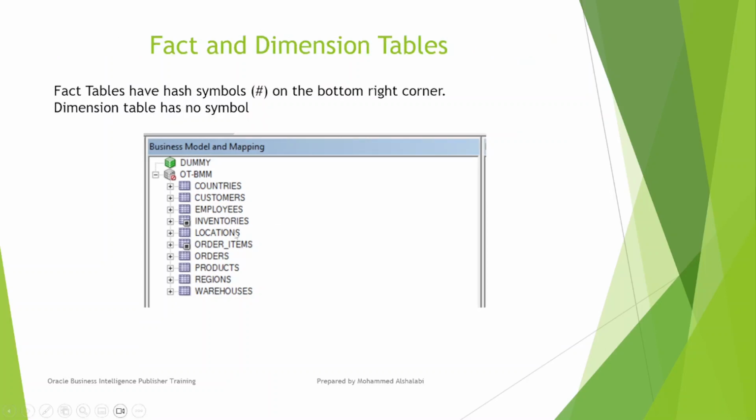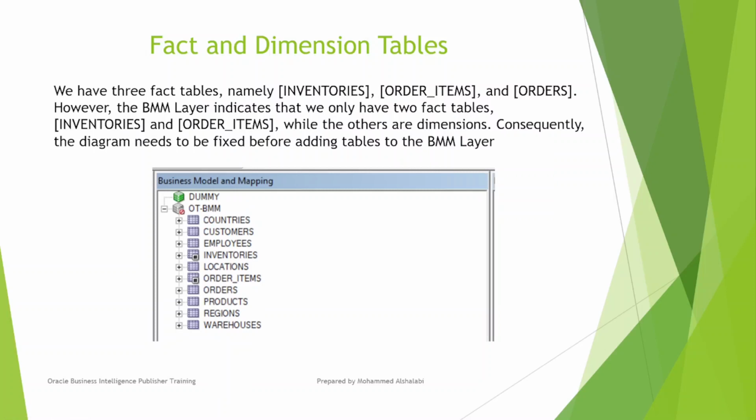Now, we have here two types of objects. The first one is fact table. Fact tables have hash symbols, as you can see here on the bottom right corner. Dimension tables have no symbols. Okay. Next,